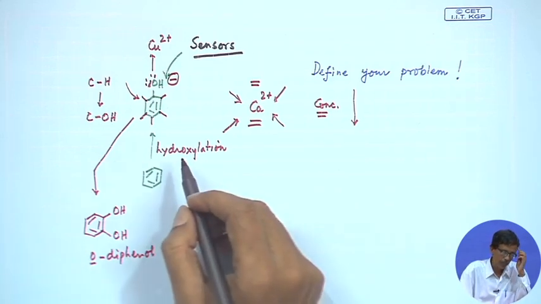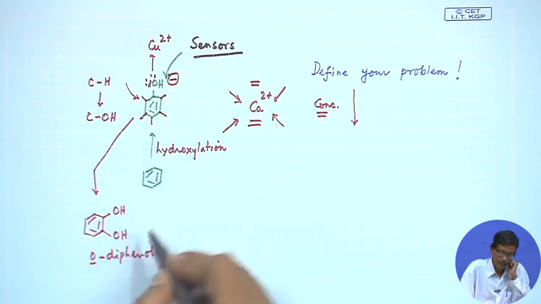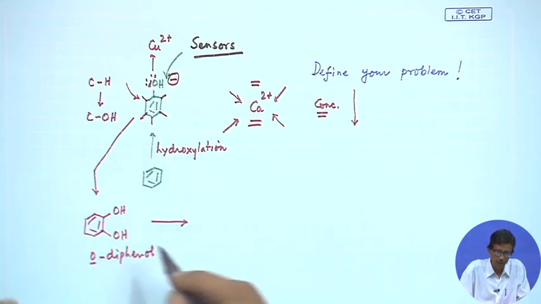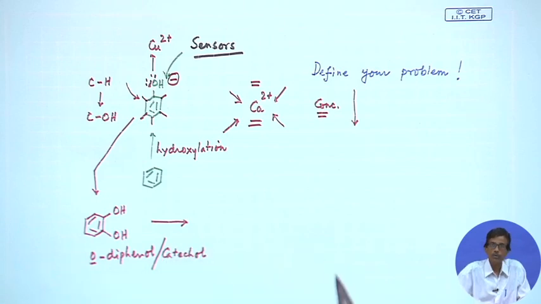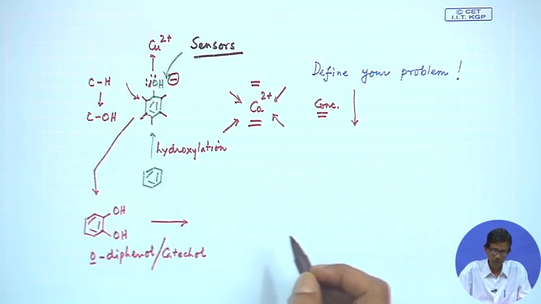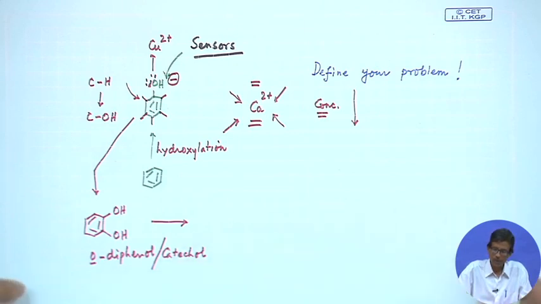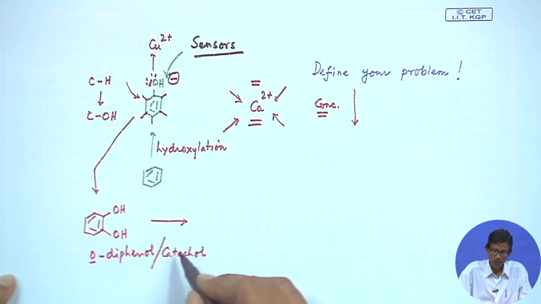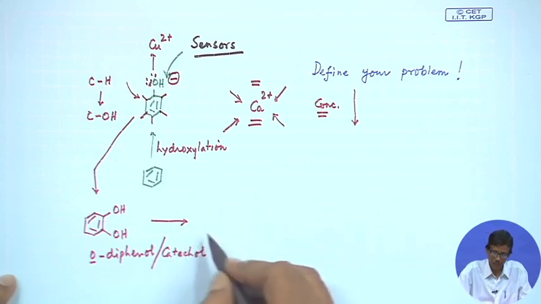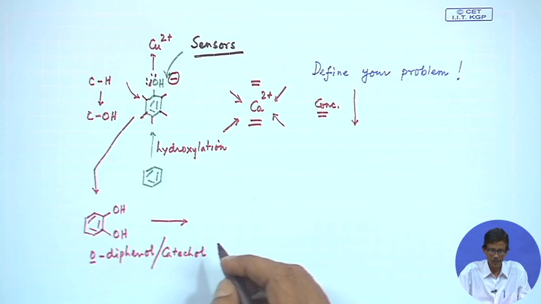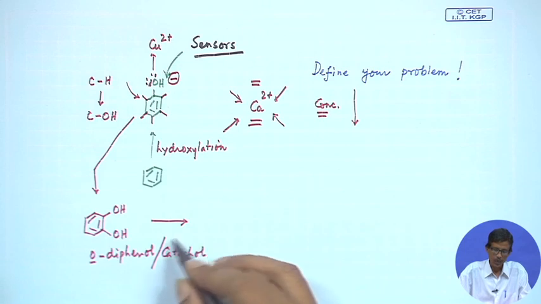So, this is basically the corresponding oxygenase reaction, and this ortho diphenol has another name, the catechol. Why are these important? Because we know that several neurotransmitters are also available in our body, and catechol is also a very good molecule for your potato peel, that it is browning. If you remove the potato cover skin, it immediately goes for the corresponding browning. So, the browning of the potato skin is due to the corresponding catechol formation, because it is highly intense in color.